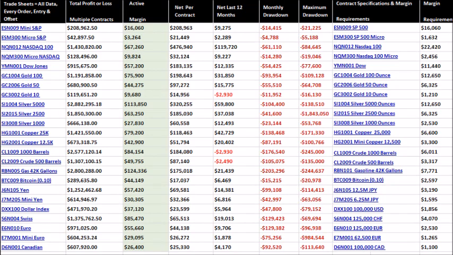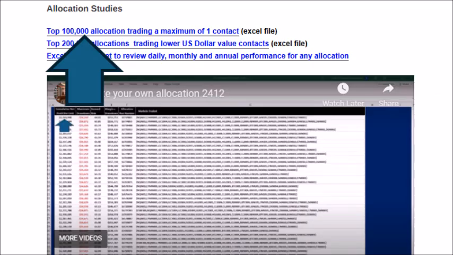With 24 trading models, there are 16,777,215 possible combinations, trading a maximum of one contract per model. Multiple contracts? The possibilities are truly infinite. This page gives you access to the top 100,000 combinations of these 24 models, trading a maximum of one contract per model,